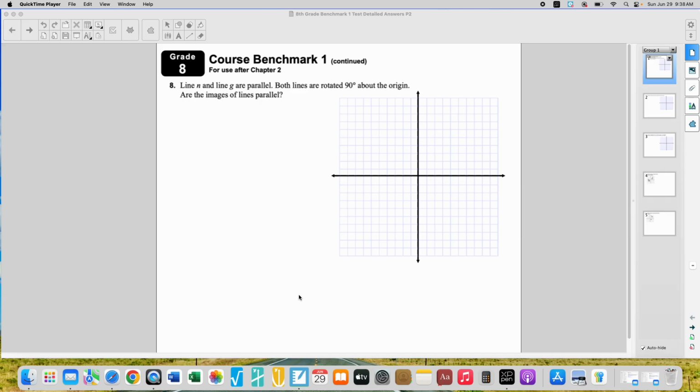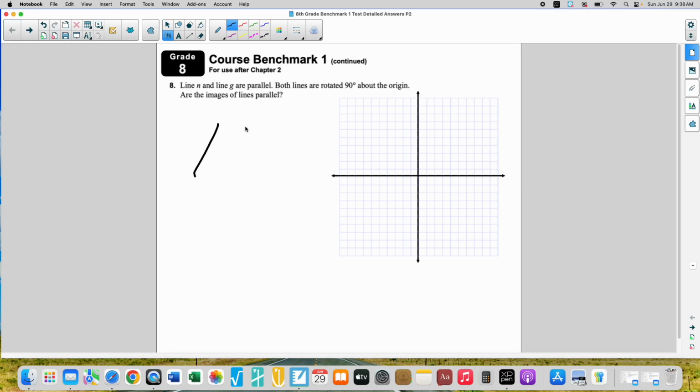So continuing on with rotations and objects, it says line N and line G are parallel. So we have two lines that are parallel. Both lines are rotated 90 degrees about the origin. Are the images of the lines parallel? Yeah, they're still going to be parallel even if we rotate them around, and it doesn't matter if it's here. If we rotate it 90 degrees,